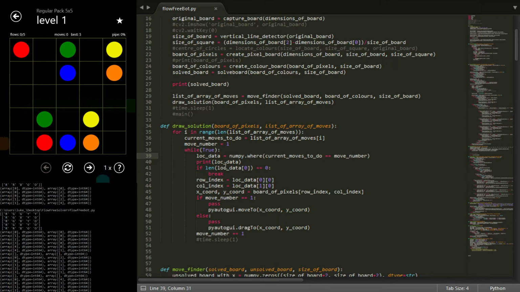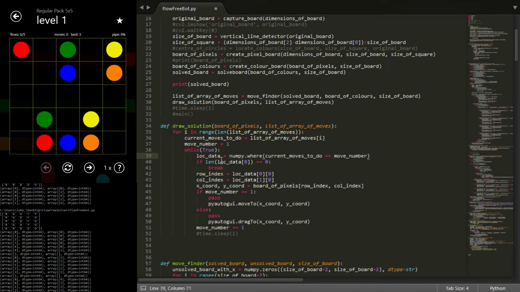Now we're going to say, once I've got rid of this print that we don't need anymore, if the length of location data is 0, so if the length of this tuple right here, I think, yeah, it returns two arrays in a tuple. So the first array is the position and the data type, the second array is the position and the data type. So we're going to check this first tuple, is it equal to 0? If so, break, because what I realised was